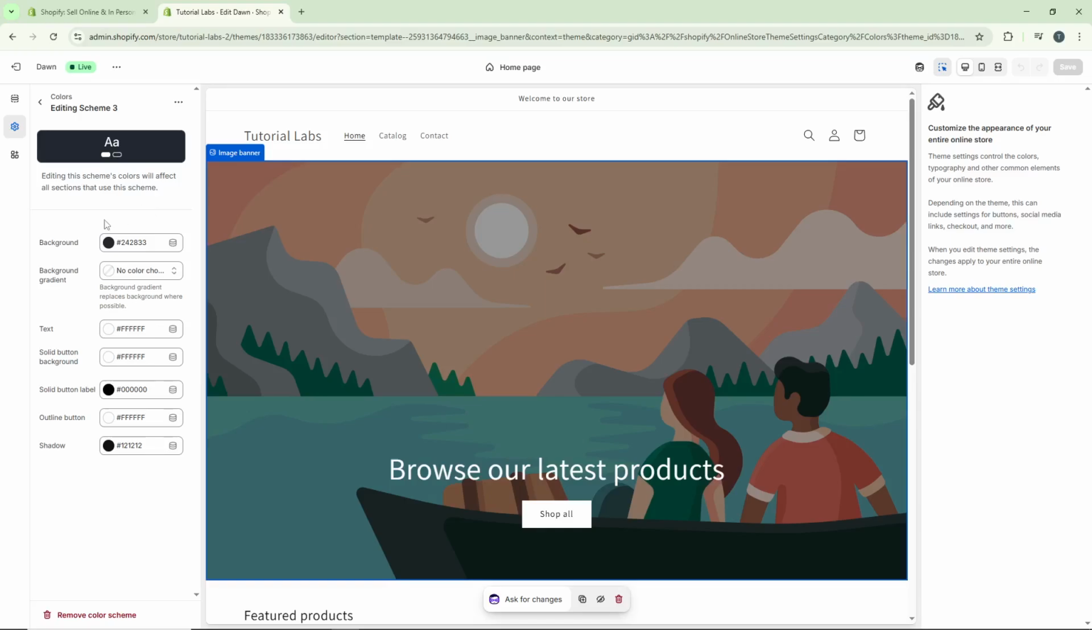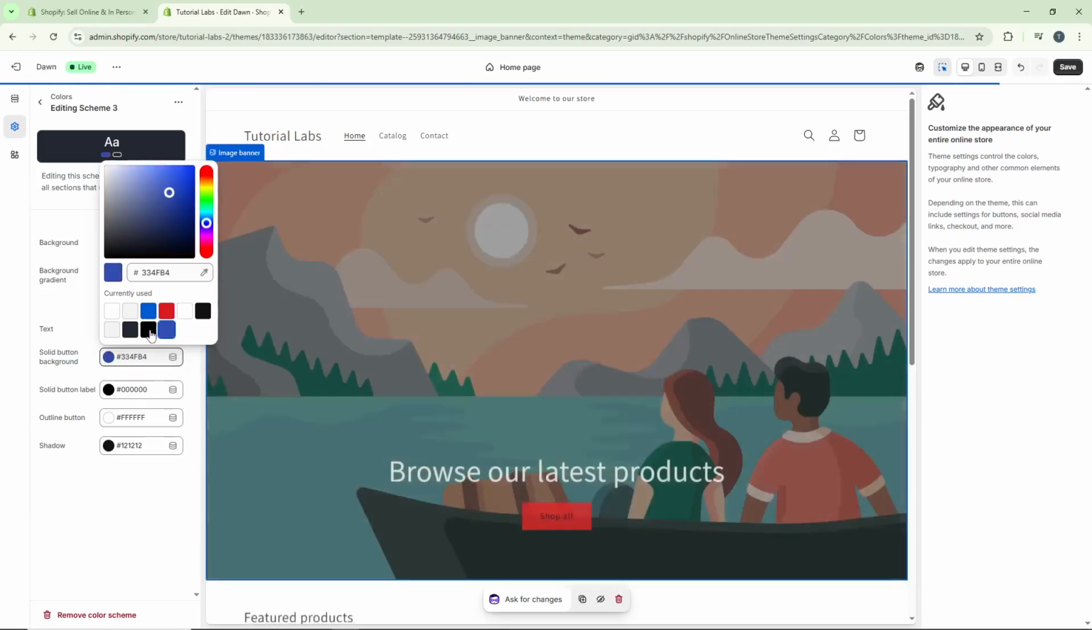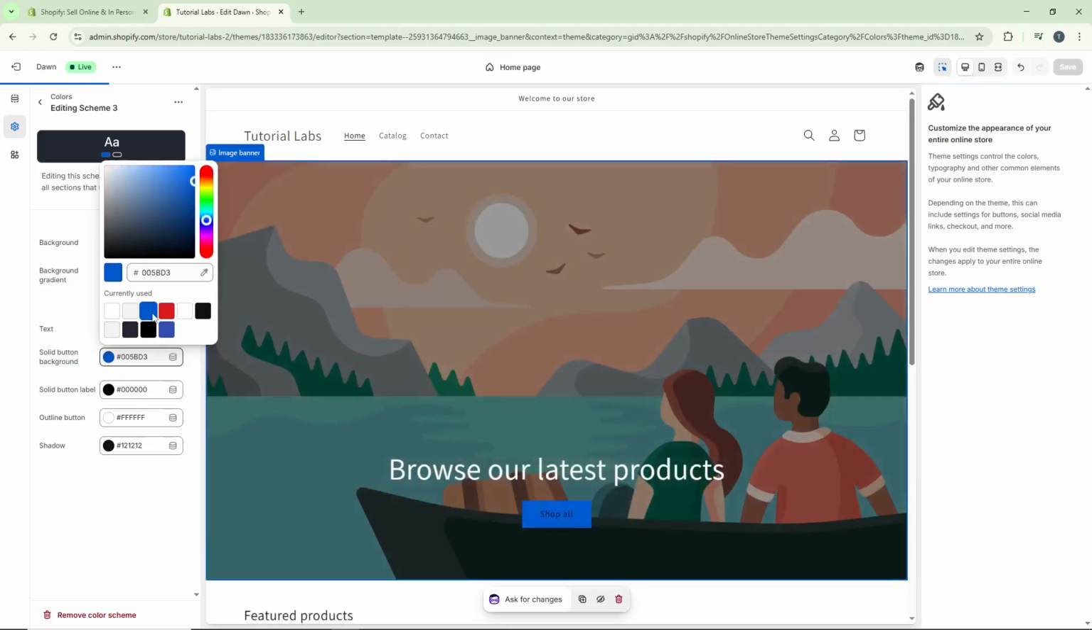Within the color scheme settings, scroll down until you find an option called Solid Button Background. This controls the background color of your buttons. Click on the color picker next to it. You'll see a palette where you can choose any color you like. You can either select from the preset colors or enter a specific hex code if you have an exact brand